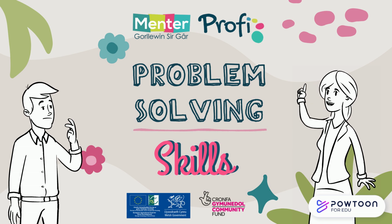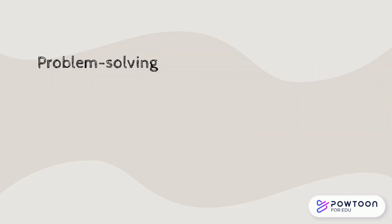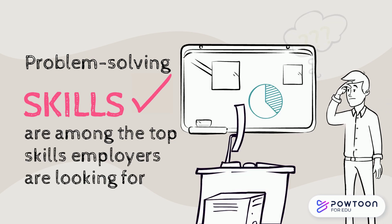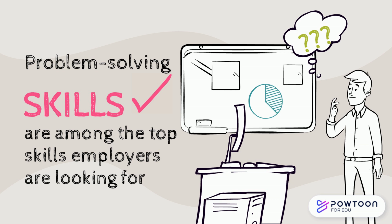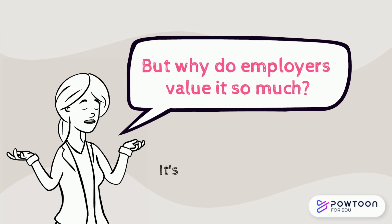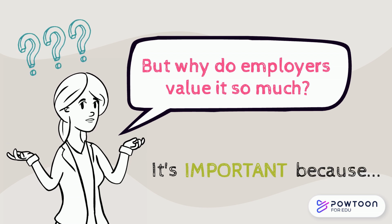Problem-solving skills. Problem-solving skills are among the top skills employers are looking for. But why do employers value it so much? It's important because